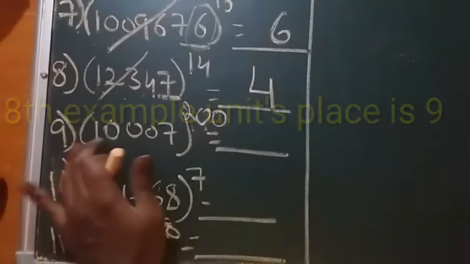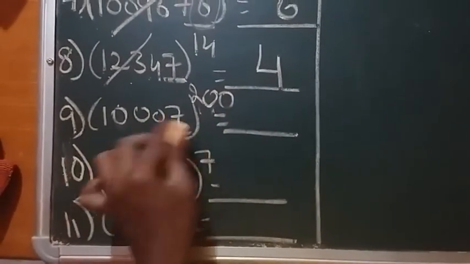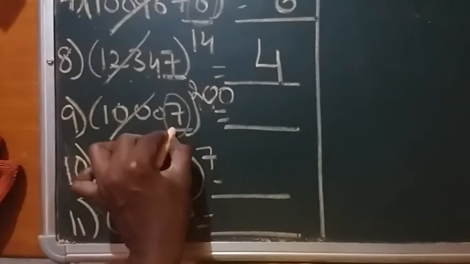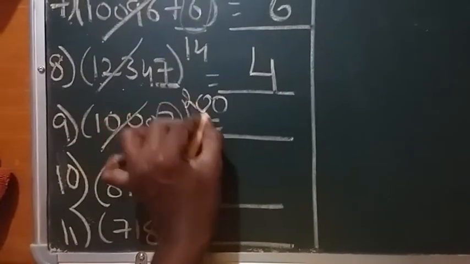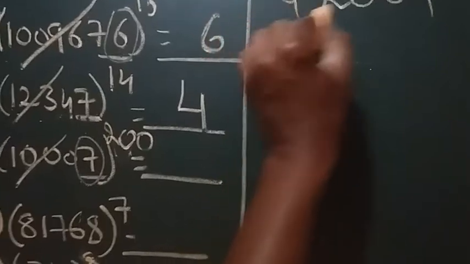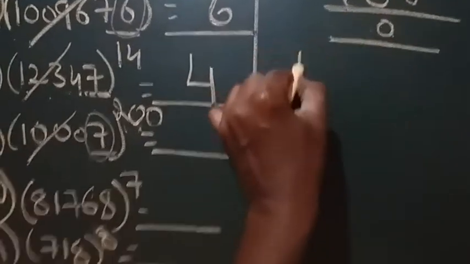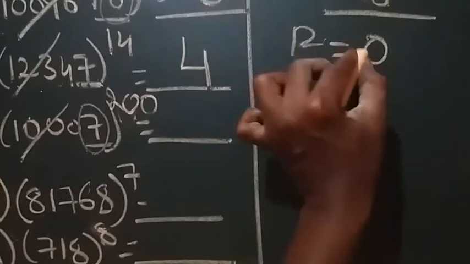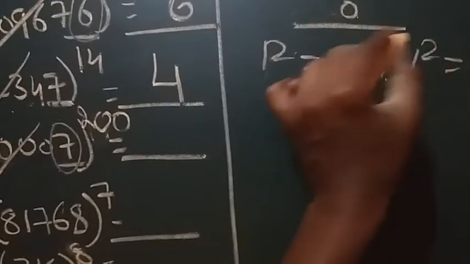See the ninth one, 1007 whole power 200. Here the units place is 7 and m is 1000. Forget about 1000. Concentrate only on units place 7. Whenever you have units place is 7, you have to divide power with 4. Here the power is 200. 4 5s are 20. 4 50s are 200. Here you got the remainder r equal to 0. I said previously, whenever you get the remainder 0, take r as 4. Take r as 4, substitute in the